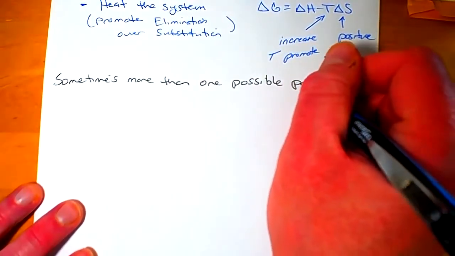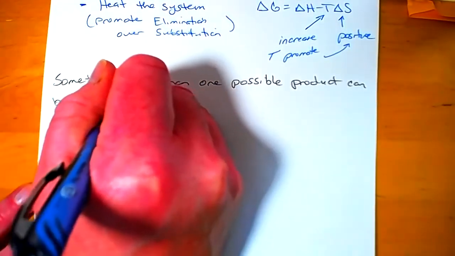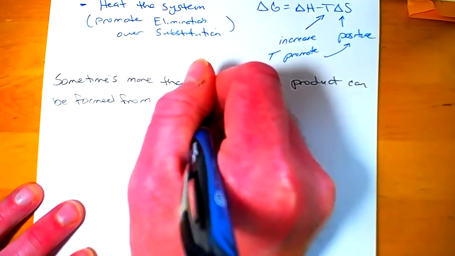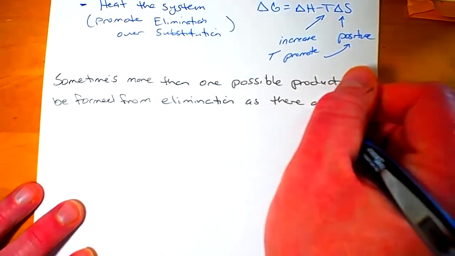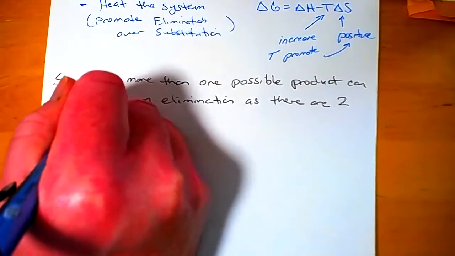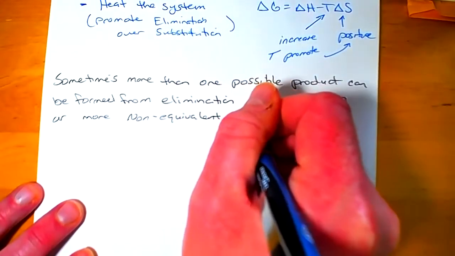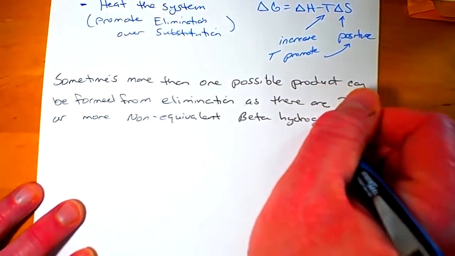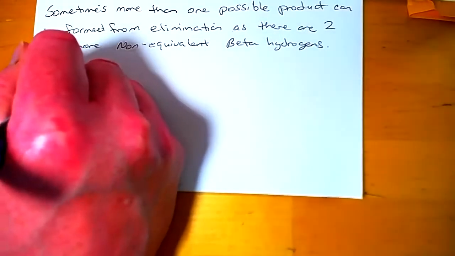Now, sometimes more than one possible product can be formed from elimination, as there are two or more non-equivalent beta hydrogens. So, for example,